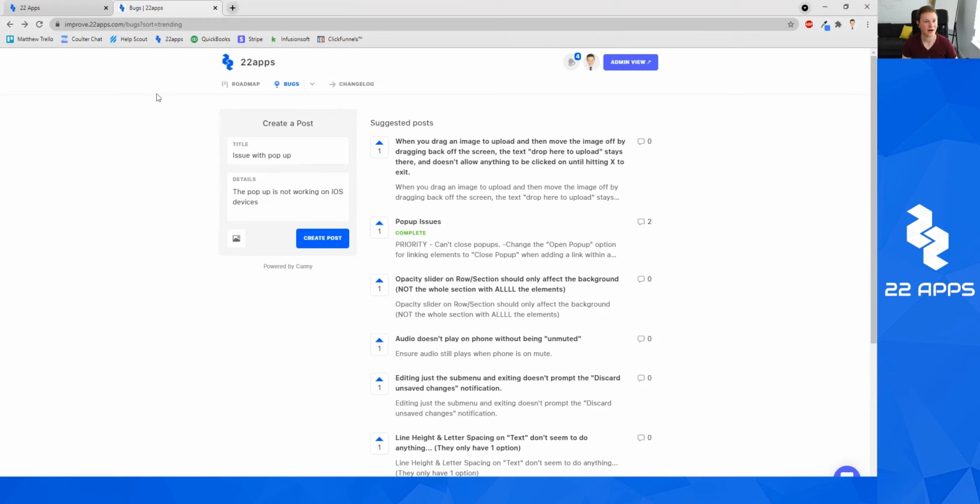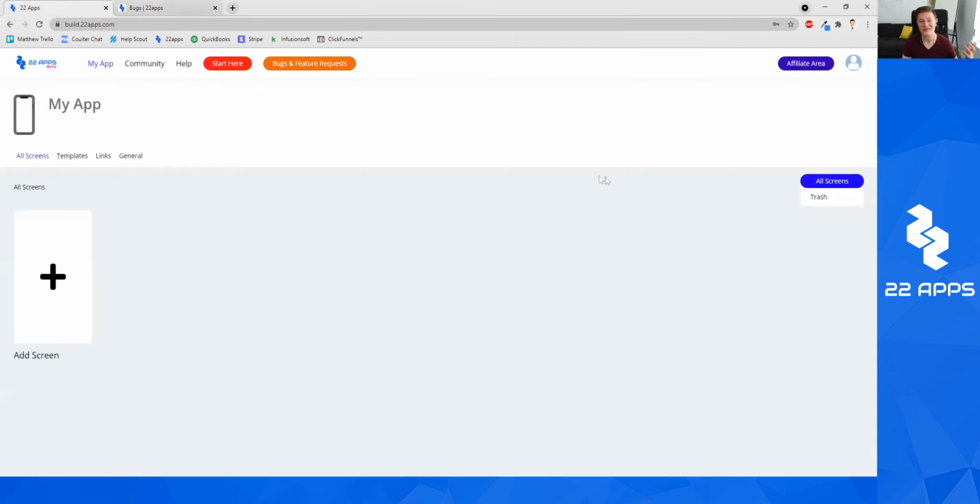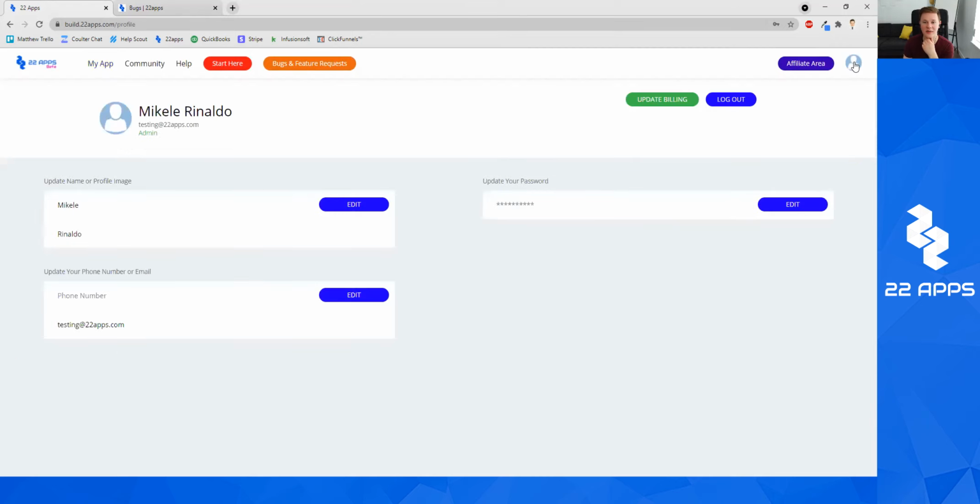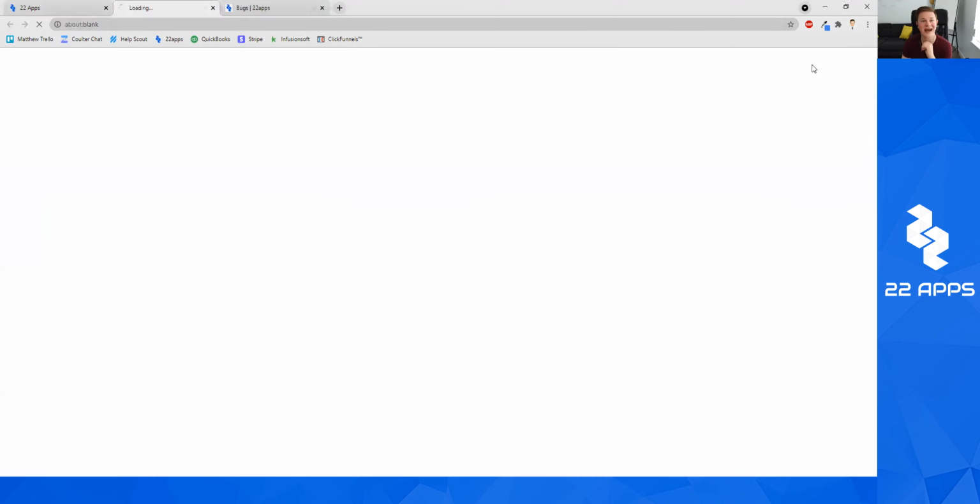All right. And then the last thing that I'll just talk about briefly, well, the last two things are, if you click your profile icon up here in the top right, then you can edit all of your account information, log out, update your billing settings, all that good stuff, as well as you can click here to access the